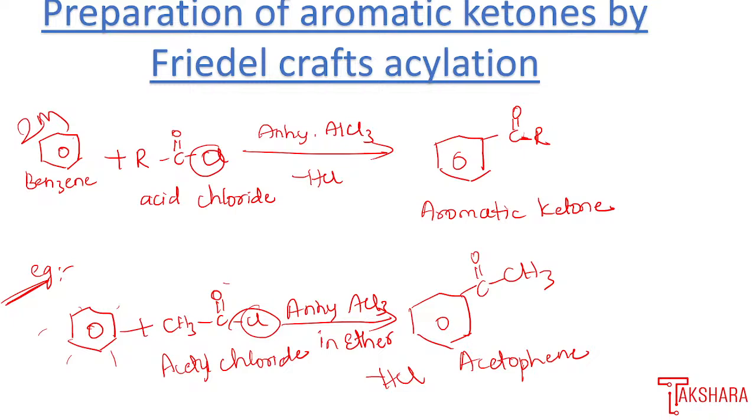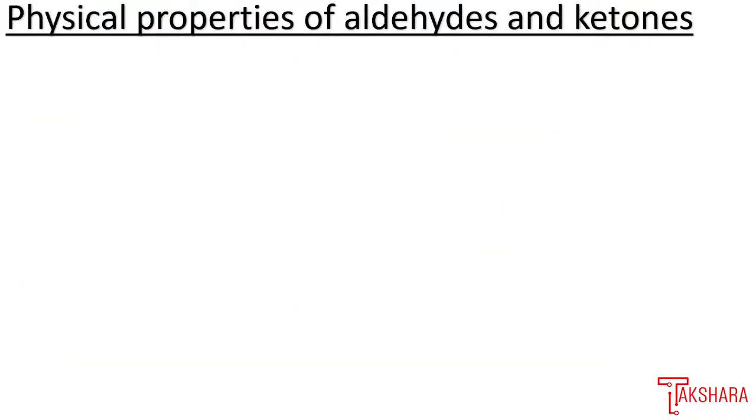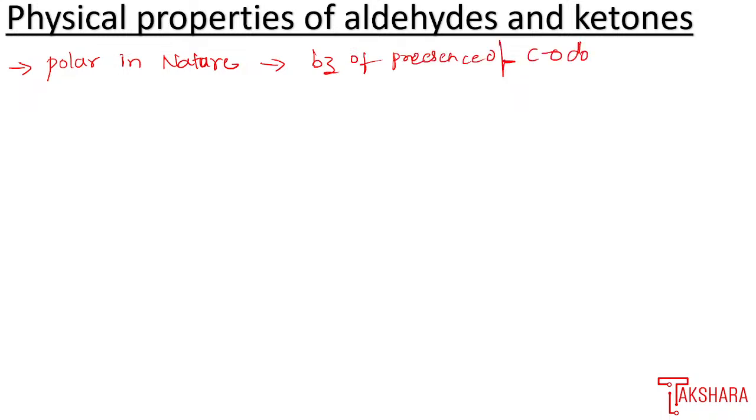Okay, so let's go to the next one. Physical properties of aldehydes and ketones. So what are the physical properties we have for aldehydes and ketones? The first property is that aldehydes and ketones are polar in nature. Why are aldehydes and ketones polar in nature? Because of the presence of the CO double bond,